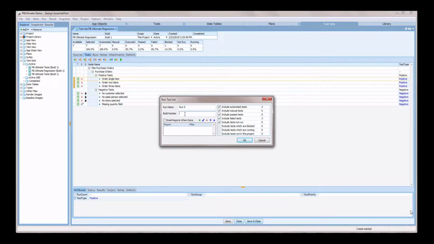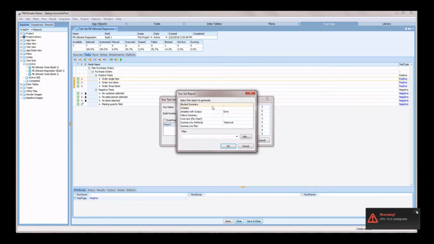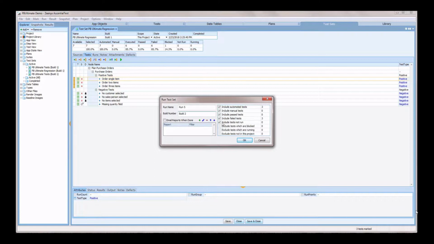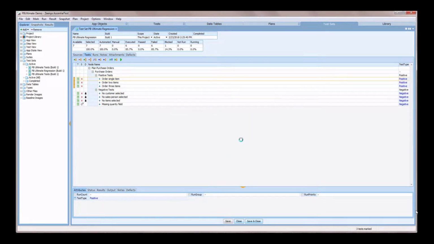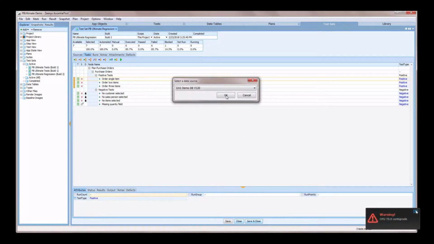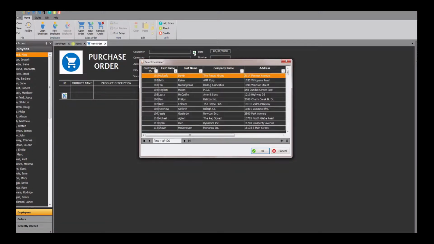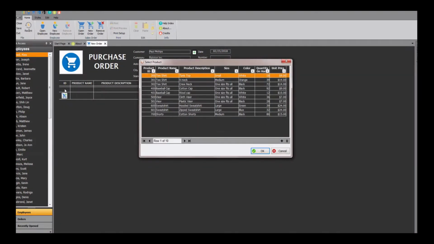I can put in a build number. I can also decide whether or not I want to have reports automatically generated and email those reports to my distribution list. I can say turn off different classes of tests. Maybe I don't want to run the ones that have passed already, or I don't want to run the manual ones. Now I'm running my tests, and you see that I'm running against the target application, the PowerBuilder application, and